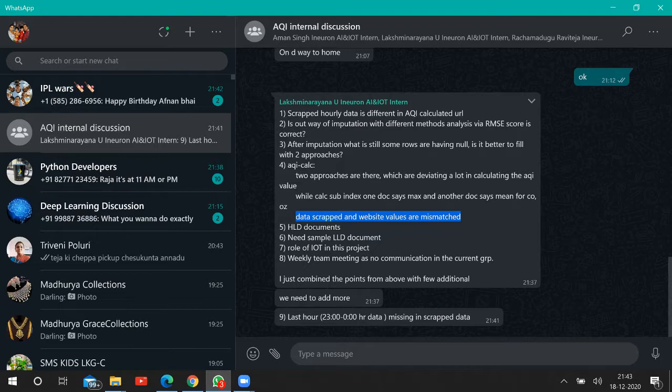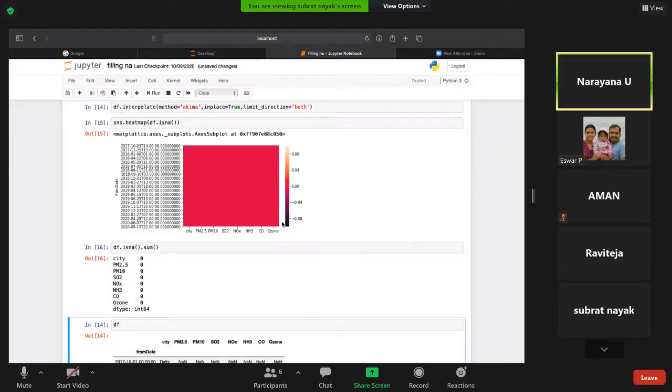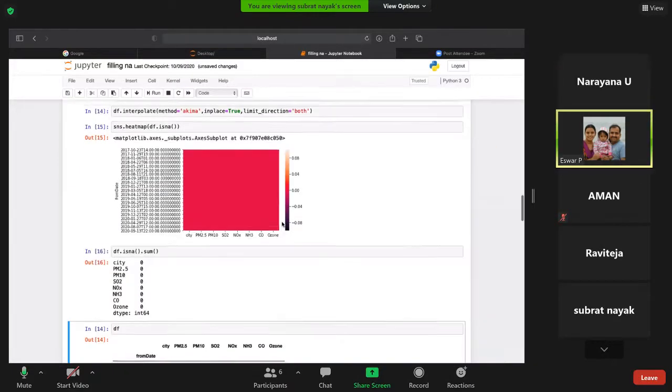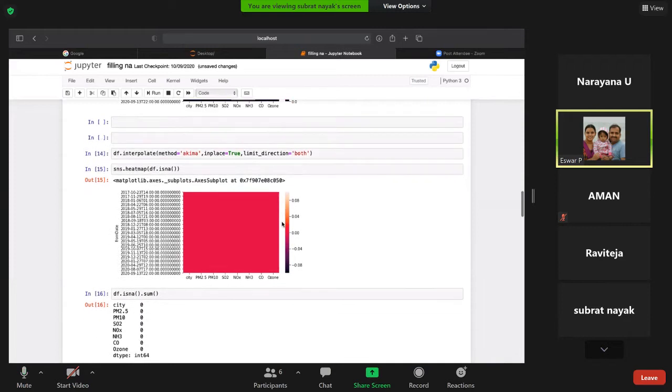So that's all right then. Apart from this, we'll add two more definitely, something will come. Minimum 10 points should be there. Let us hear from others, others may have other problems. I think Sripati is not there in the call. Okay, he's not there. Okay, I see. So Nayak, Praneeth, Aman, anyone? Do you have any other queries to be focused on?